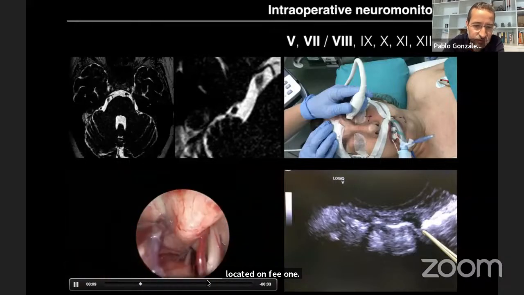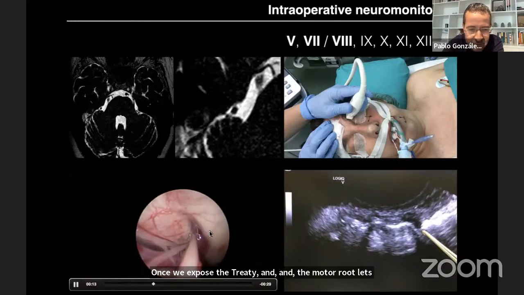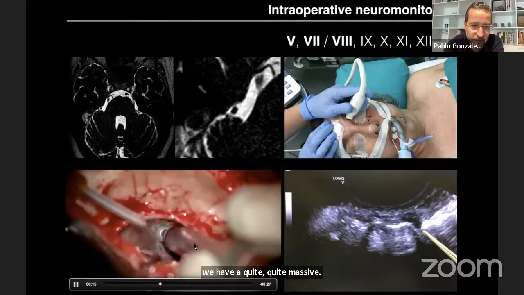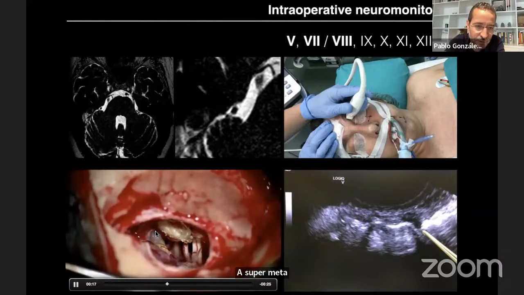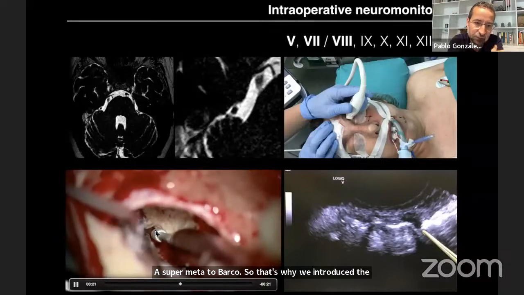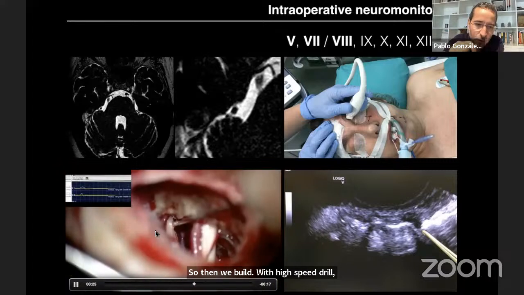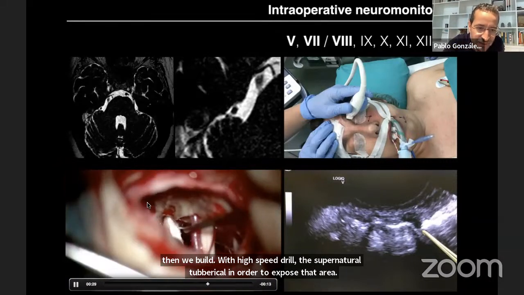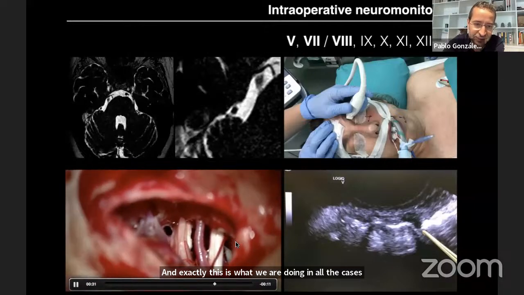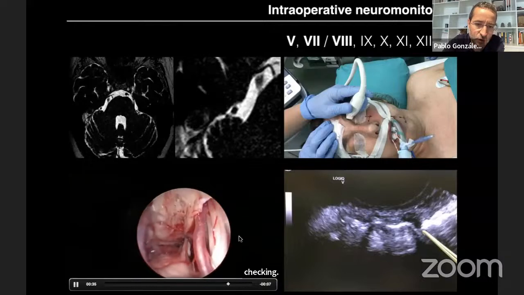So that's why we introduced the 30 degrees endoscope, and we saw this compression of this capricious superior petrosal vein. Then we drilled with a high-speed drill the suprameatal tubercle in order to expose that area. And exactly this is what we are doing in all the cases. Where the compression is located, we are stimulating and checking which branch that is in an antidromic way. And we have a very strong concordance also with this